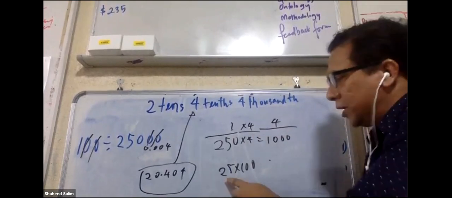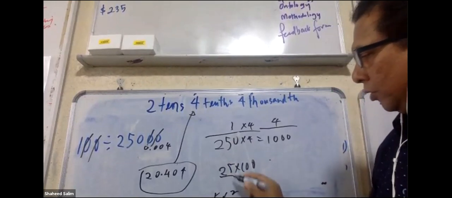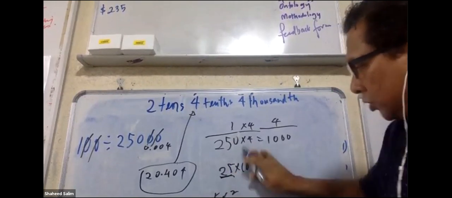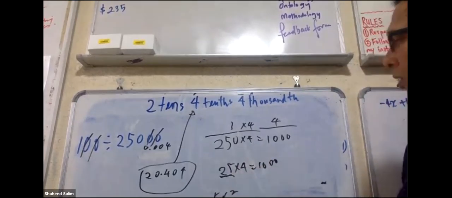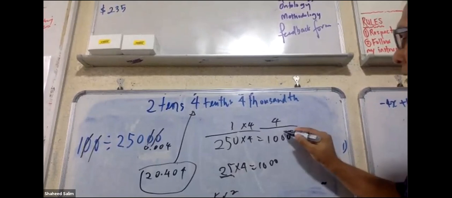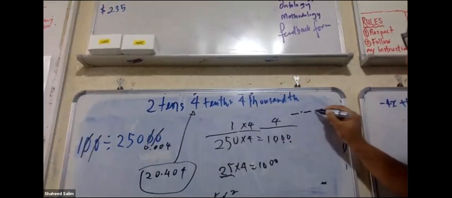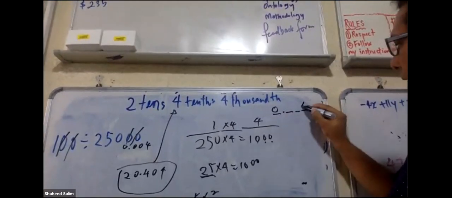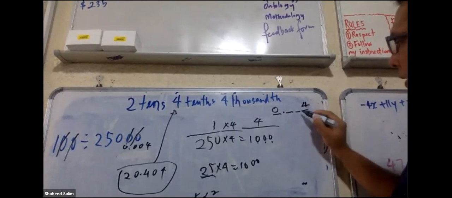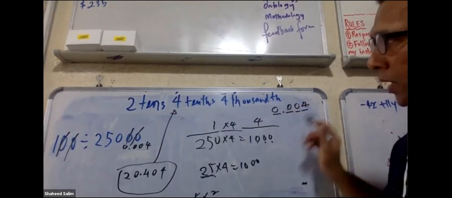Now, how do you know? You must memorize. Like 5 times 2 can get 10. 25 times 4, you get 100. 250 times 4, you get 1,000. So the bottom is 3 zeros, correct? So put a blank, 1, 2, 3. 3 zeros. Down here is 0. The 4 put at the end. All right. Add the 0, 0.004. Okay. So well done if you can get this.